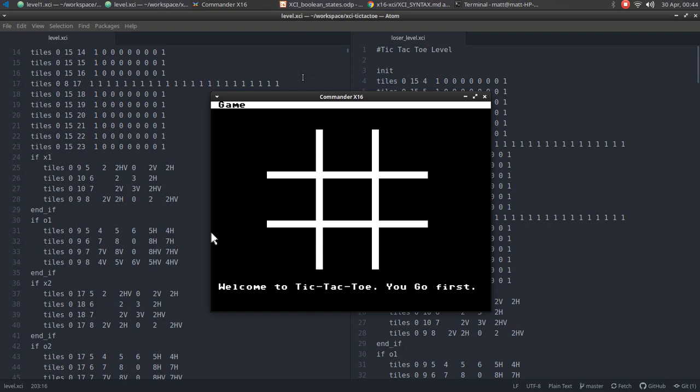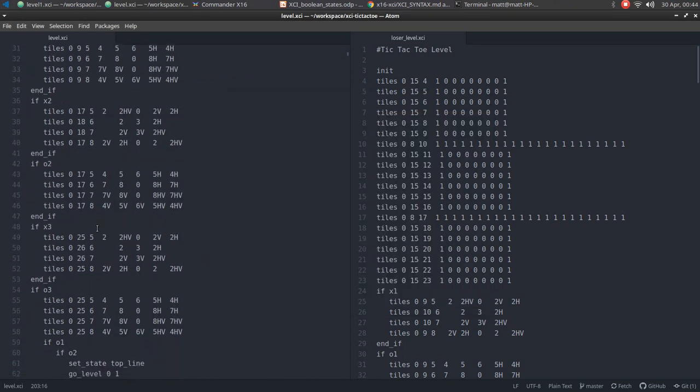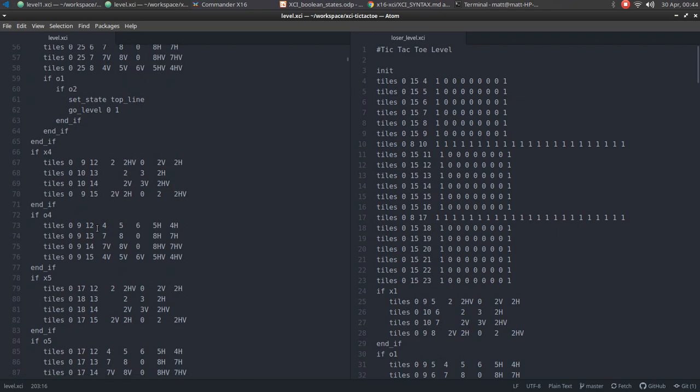So x1 means there's an x here, O1 means there's an O here, x2 means an x here, O2 means an O here, and so on. And so we use that init to say, all right, here's what's going to happen. I'm going to draw all these, and then